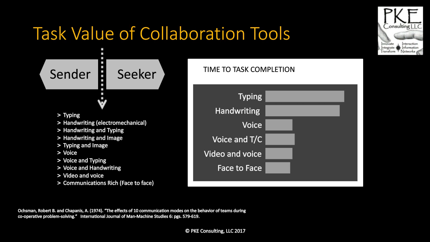This is actually based on some work done by Alphonse Chapanis, generally recognized as the grandfather of machine-human interaction. He was trying to show what ways machines could interact with human beings, and he did it because he didn't have machines that could interact back in the 70s when this was done. He did it by putting a sender of information and a seeker of information into two rooms and varying the interface between the rooms. He started off with typing on a teletype machine, then a handwriting machine, and eventually he introduced audio and finally opened up a curtain that was actually a window between the rooms to simulate